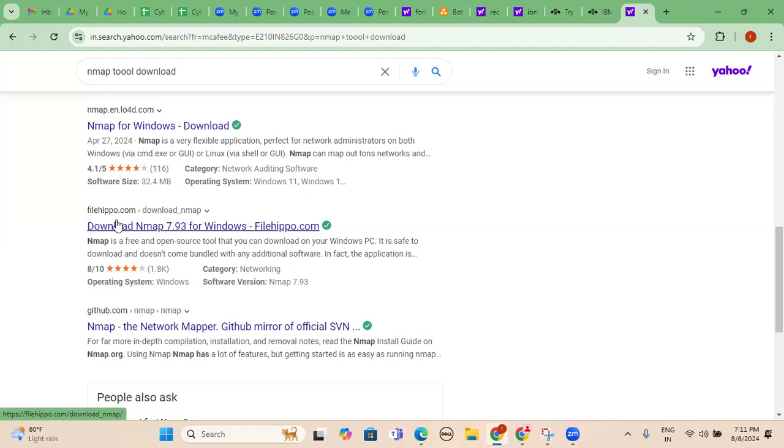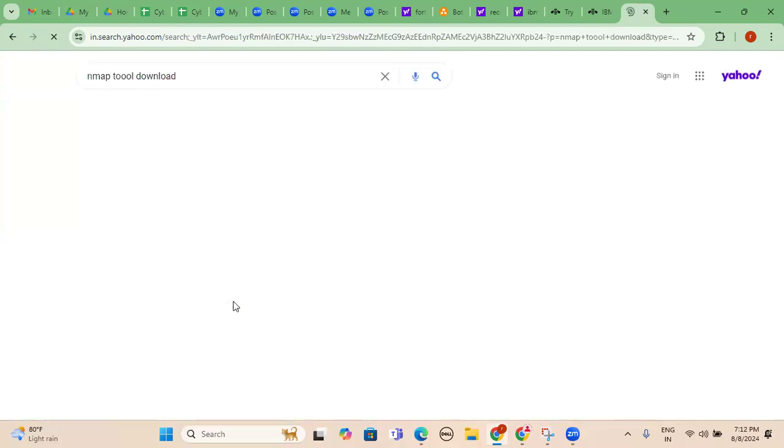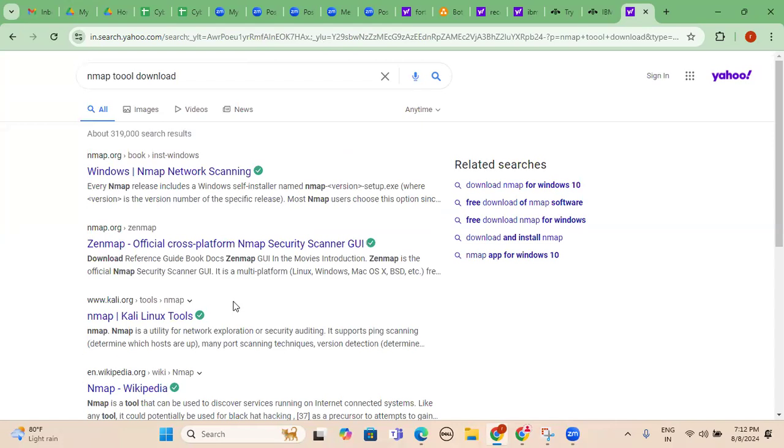So this is FileHippo. Maybe we should not trust this one. Whenever you want to download from it, it will always ask, please enter your email address, please enter your password. So how can I trust filehippo.com? In a similar way, GitHub. And if I go to some other website, you can see freecodecamp.org. So this is another website. A couple of times we'll see Softonic.